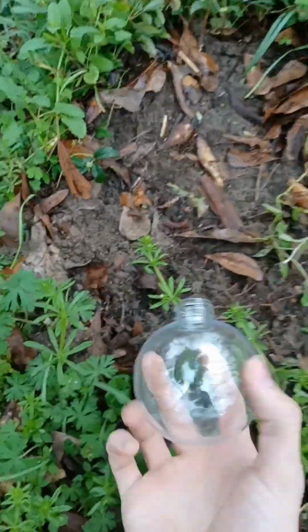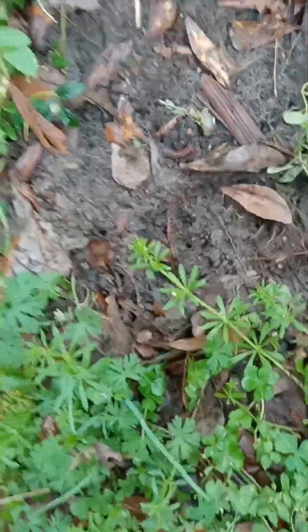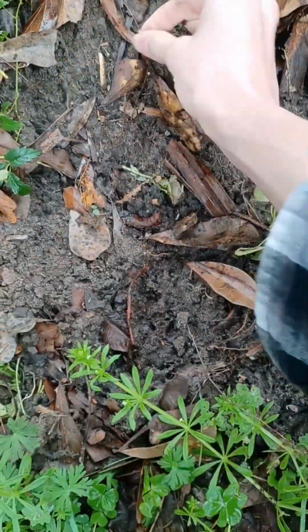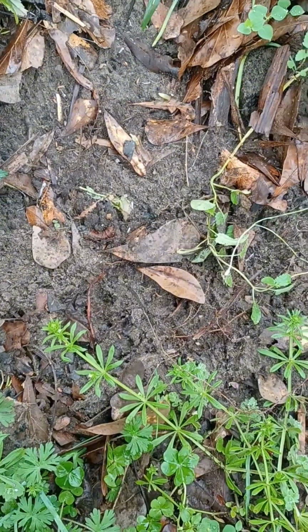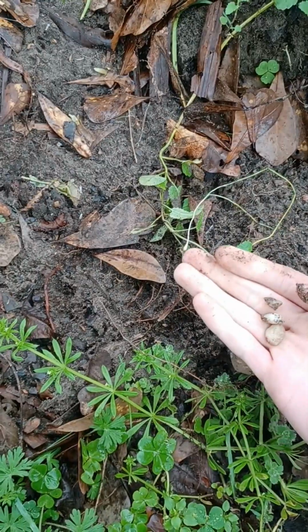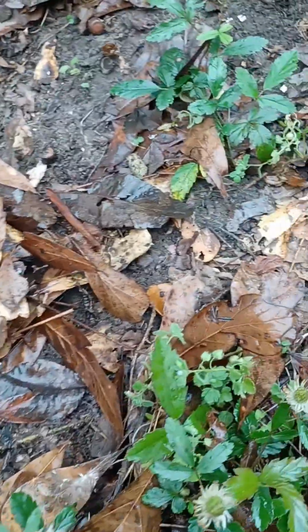Alright, so we've got some dirt here, and this is what we're going to use in our little Christmas ornament terrarium. Typically what you'd really want to do is have a drainage layer of little pebbles like this. I can't find enough pebbles, and I don't have any spare pebbles on hand, so maybe I'll pick up some pebbles real quick. So looking for pebbles, and I think I found all that I can find at the moment, but I found